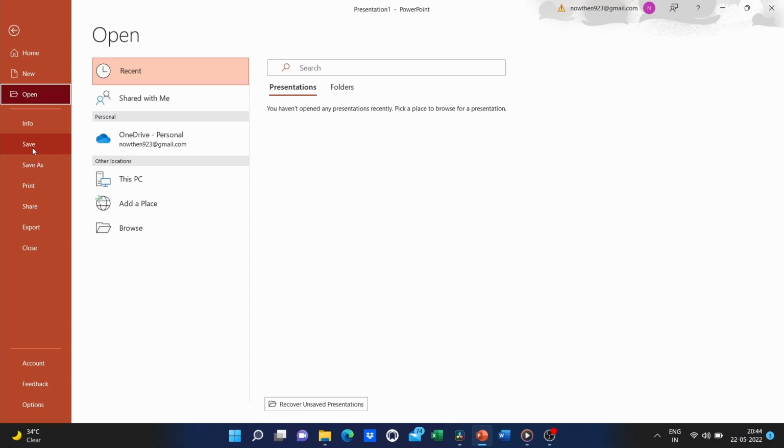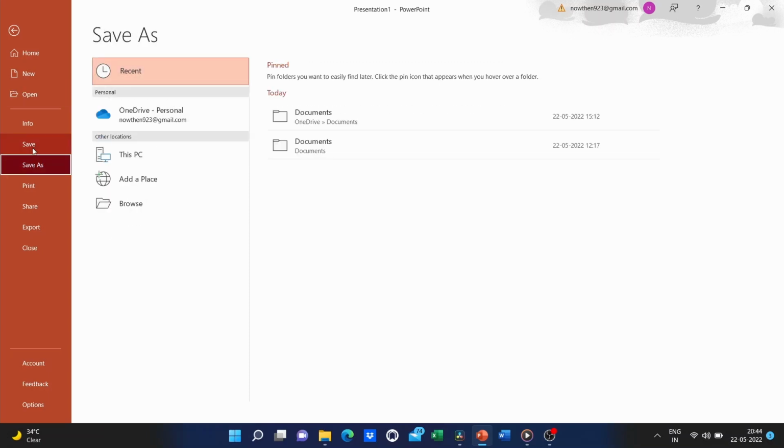So I'm gonna go down and click Save. And I can save to just this computer if I want to. Or I could save to my OneDrive account. If you're not familiar with OneDrive and if you're using PowerPoint, you've got to become familiar with OneDrive. It's a great tool and it integrates well with Microsoft Office, including PowerPoint. And so please watch my tutorials that I've made on OneDrive. You've got to check that one.